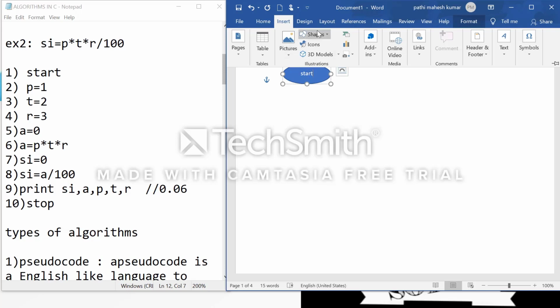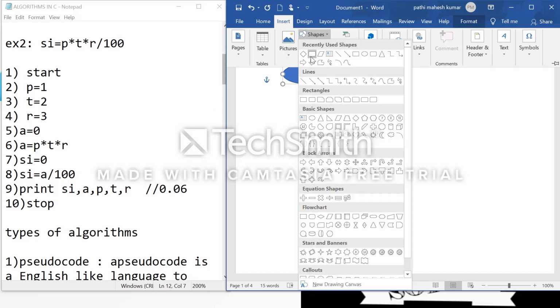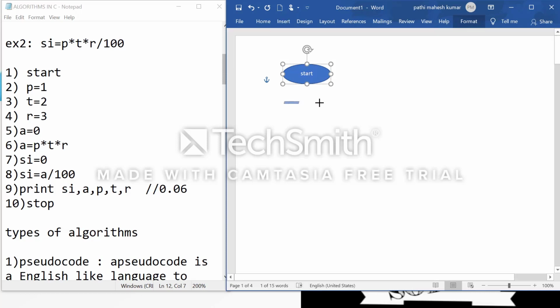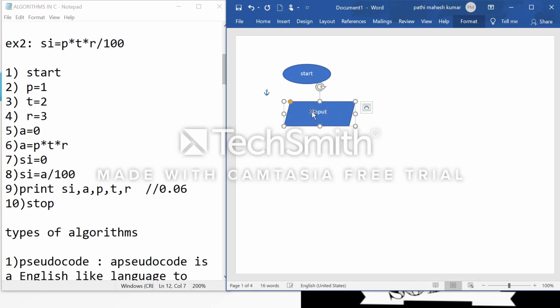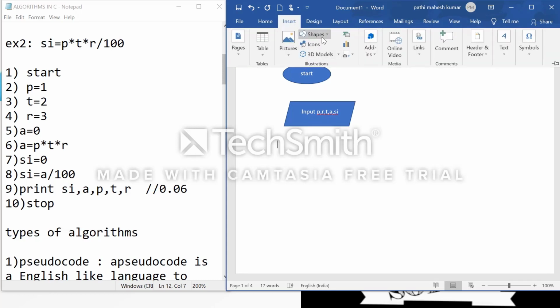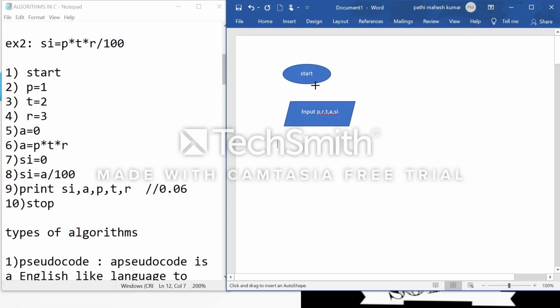I input these variables in a parallelogram shape: input P comma R comma T comma A comma SI. After that I connect these two shapes.